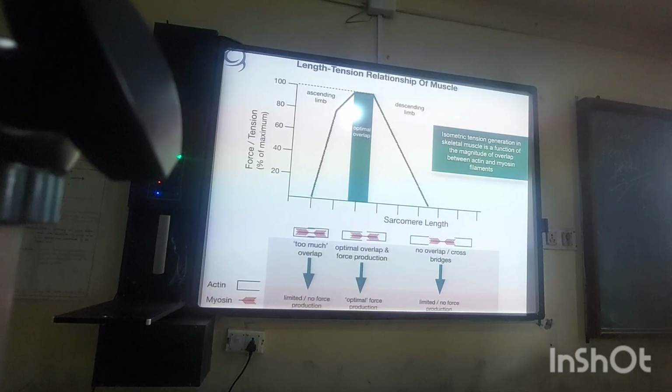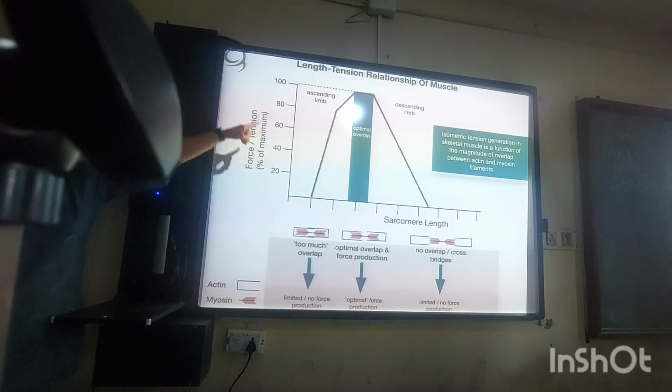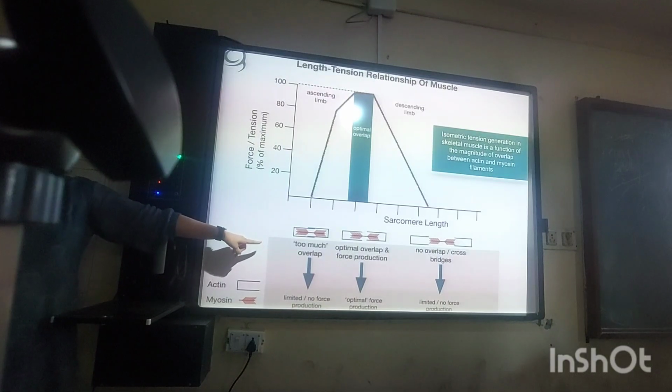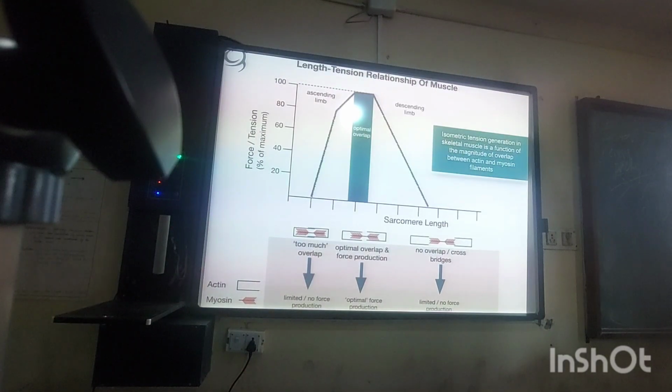Fine. This is a pure curve of muscle, where you see the force generation at the first point, the ascending limb. You can see there is not much force generation here. Why so? Because there is not much movement between the actin and the myosin filaments. Whereas when it reaches the optimum, that is 100%, the optimum force, the distance is maximum. Actin and myosin filaments are now attached to each other. The maximum attachment is there, so there will be full overlap and force production can happen here.